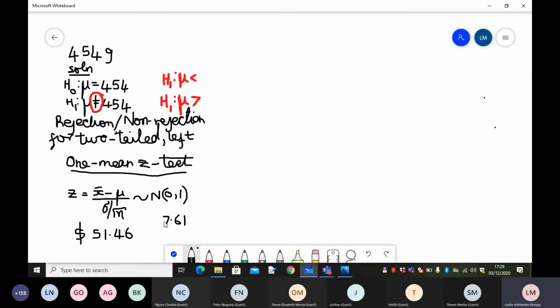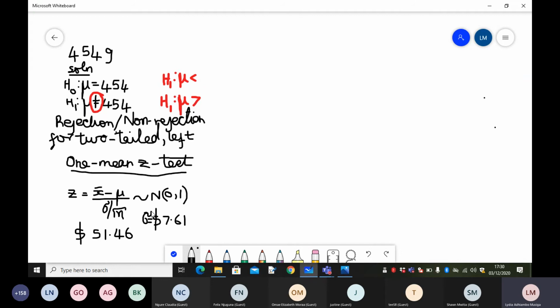So this is the standard deviation, $7.61. That is sigma. Sigma is equal to $7.61. So now I said that the one mean Z test is used to perform a hypothesis test for a